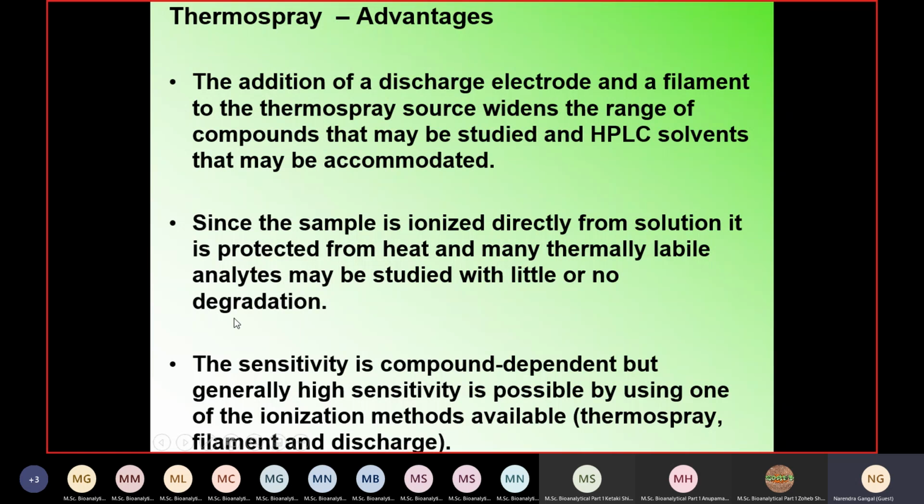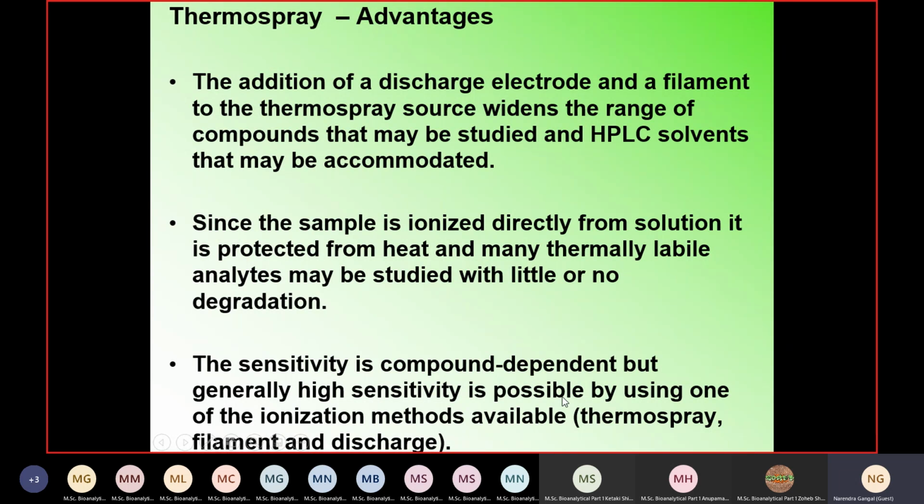no degradation. I do not want degradation because I am interested in knowing the molecular structure of the species of interest, not the decomposed products. So I need to avoid decomposition and degradation, and thermospray allows this. The sensitivity is completely compound dependent, but generally very high sensitivity is achieved using ionization techniques like thermospray with